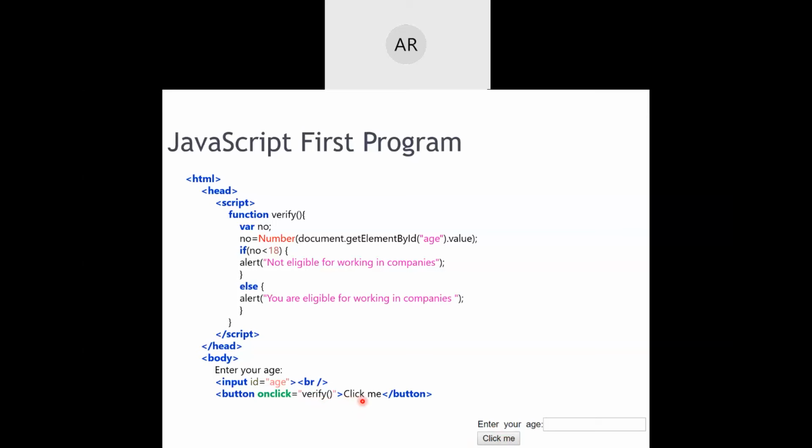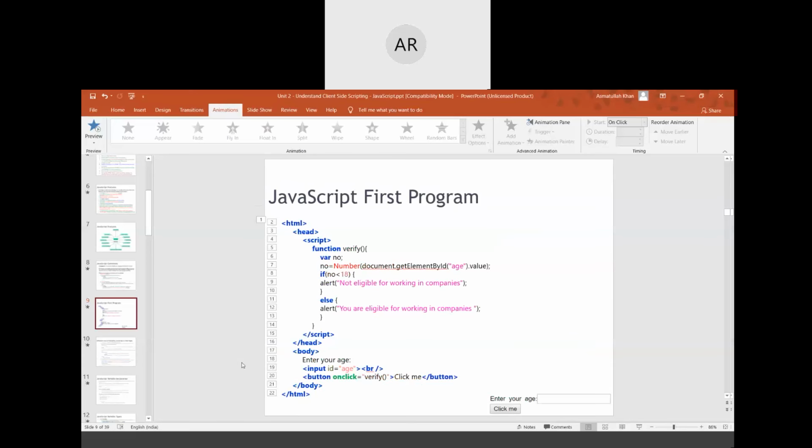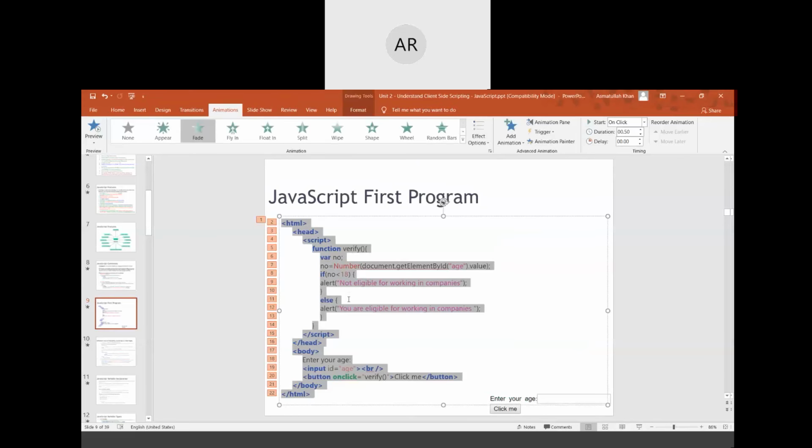And the caption to be displayed on the button, I have written click me. Fine. So let's execute this program and see how it gets executed. Then I will come back to this program again and show you the meaning of each and every line.